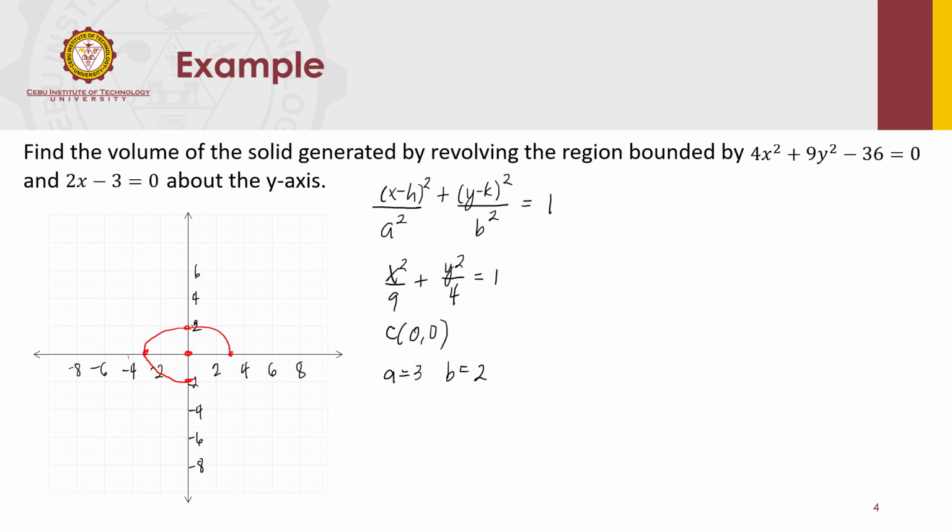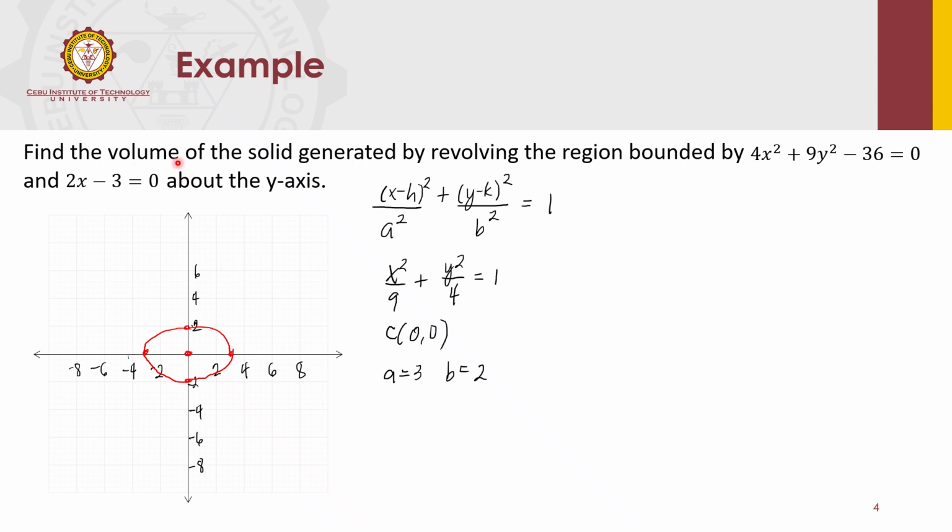So show me the ellipse. Okay, so it is symmetrical: above and below the x-axis, and to the right and to the left of the y-axis. So next is the other function,